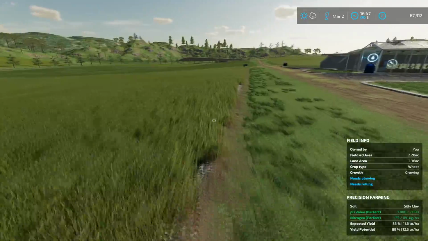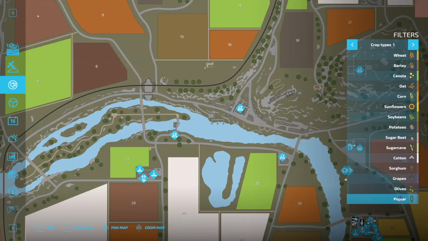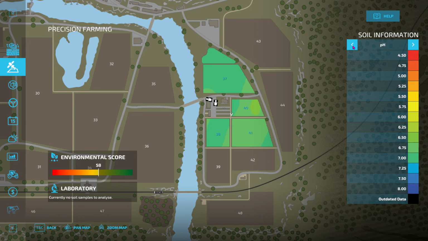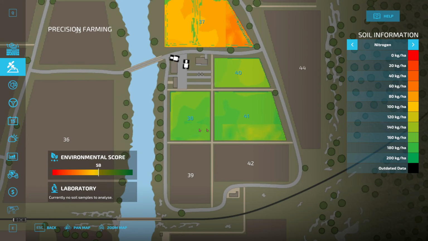So I have got no track marks in this field. Everywhere has been lined, and I need to be in this one, and should be under pH. There we go, which is brilliant. And as you can see here, nitrogen level is about 180 kg to 200 kg. Probably 160, and that is because when I did precision farming, these 3 fields had 2 goes with fertilization, so I had 2 stages, which is great,